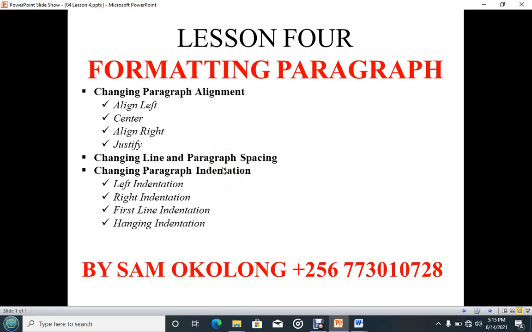Then we have changing paragraph indentation. We also need to look at how to change the indentation of our paragraph, where we shall begin with the first one, which is left indentation. But before that, indenting a paragraph means moving the paragraph away from the left.